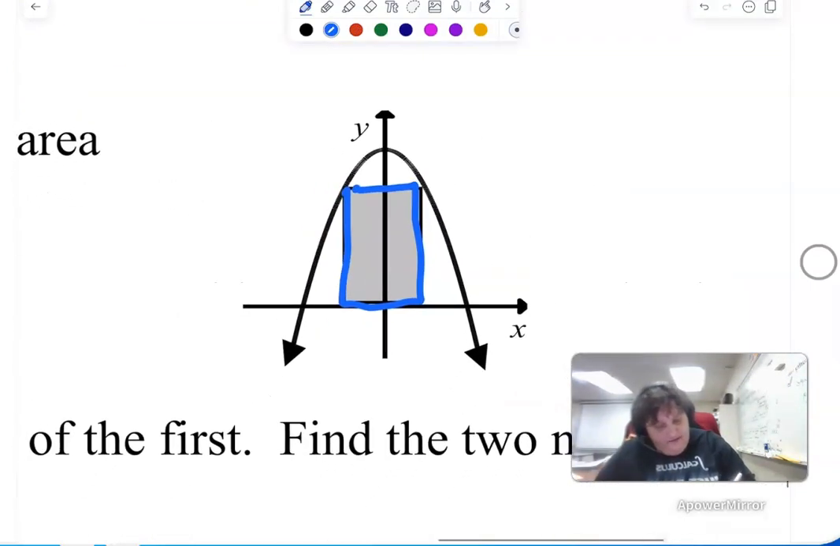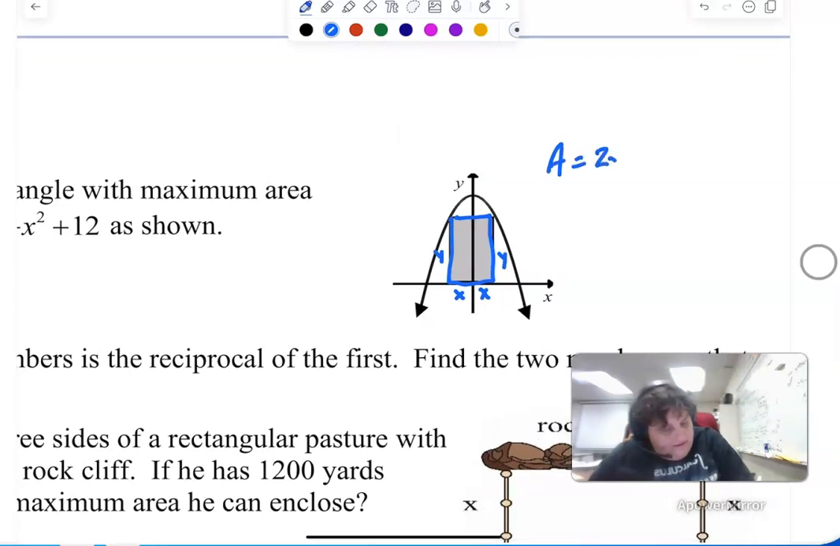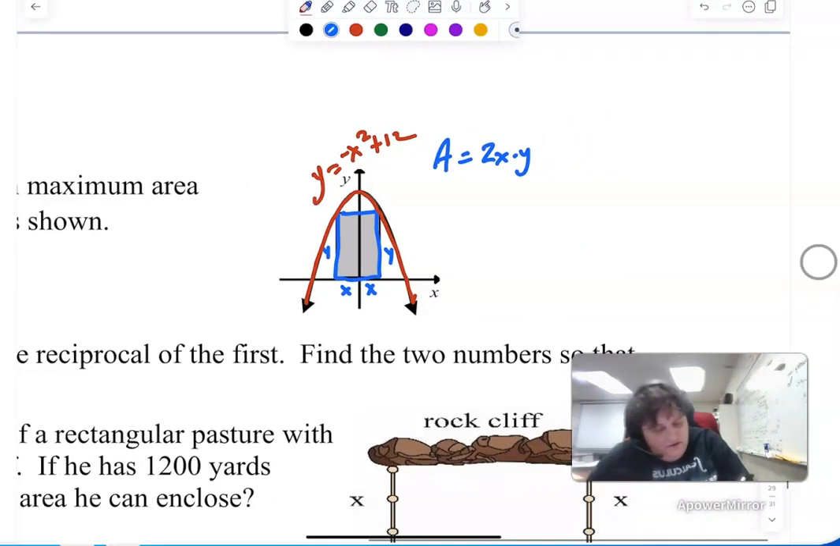When you guys have this, I want you to label X and Y. And that one's also X, that one's also Y. So, are we looking at area? Yeah, the area is base times height. Now, that's in two variables. I need to get this into a single variable, but we know that this equation is just this upside down parabola, negative x squared plus 12. So if I can replace that in here, my area is going to be 2x and then negative x squared